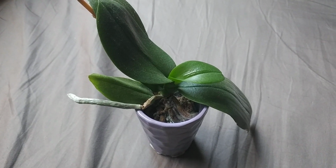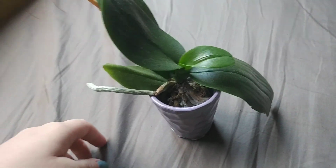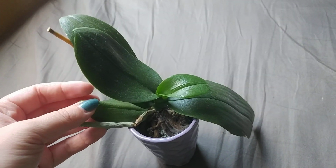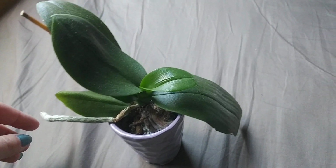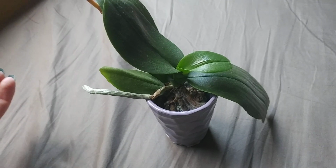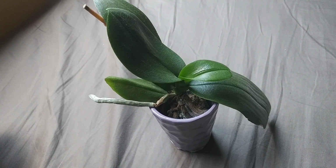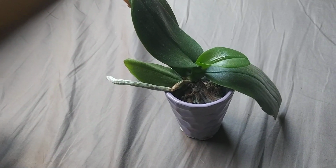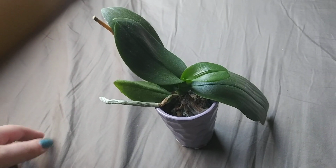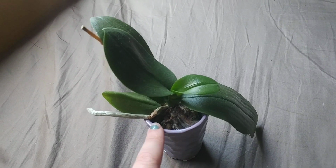Alright guys, so last week, before I went on my vacation, I decided to treat this mini Phalaenopsis orchid because some of the roots were starting to look kind of black in the pot. What I've been doing lately is using hydrogen peroxide, because I'm like, how easy, how cheap, how non-toxic is this method? So I filled this with hydrogen peroxide, and I let it bubble for